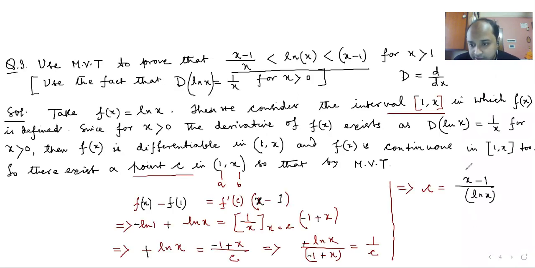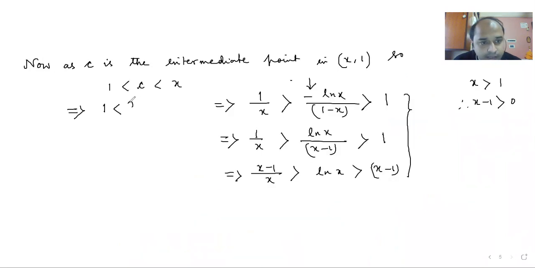What was that? It was x minus 1 by ln x. Okay, x minus 1 by ln x by x, and then